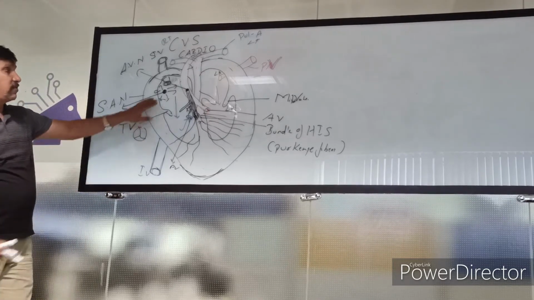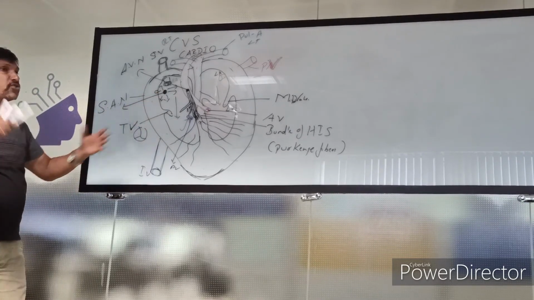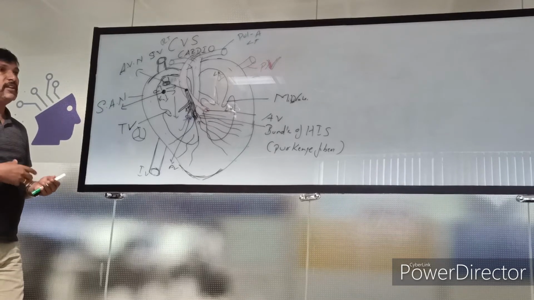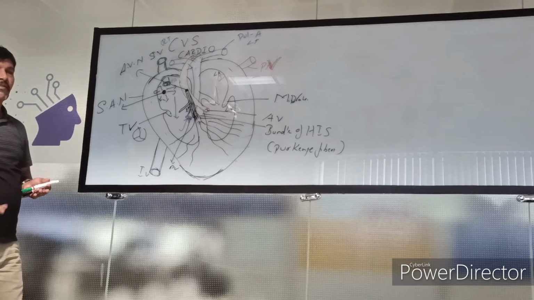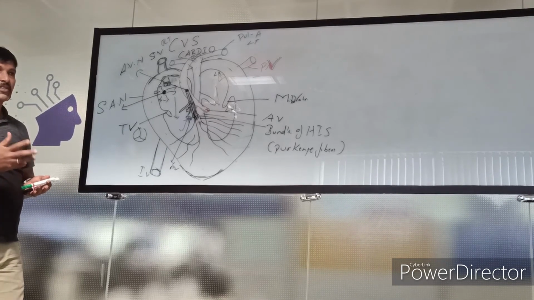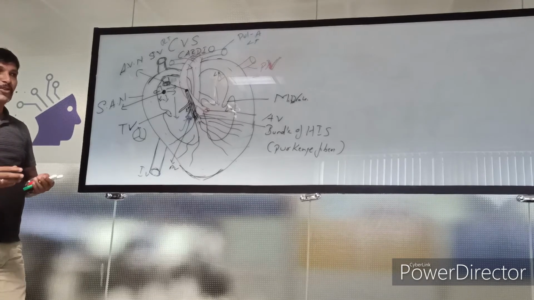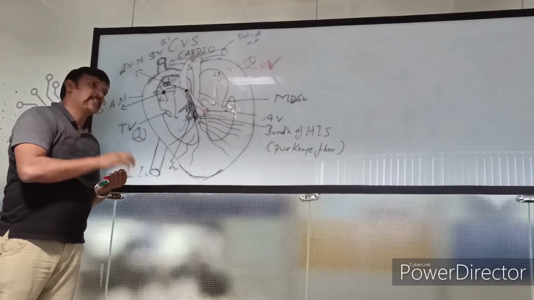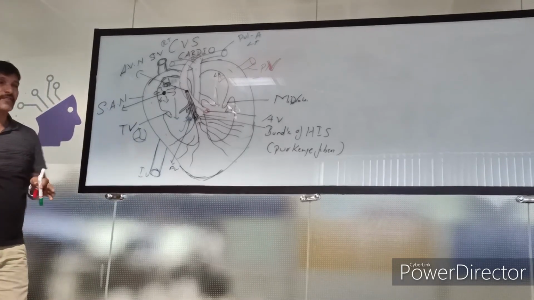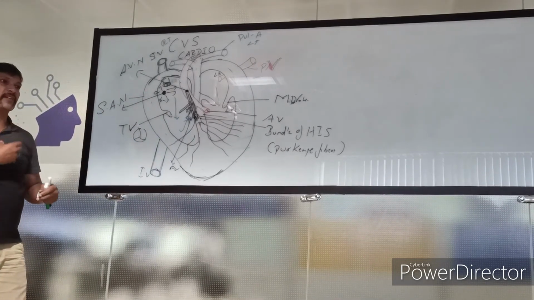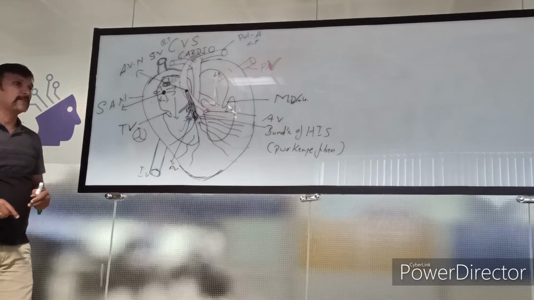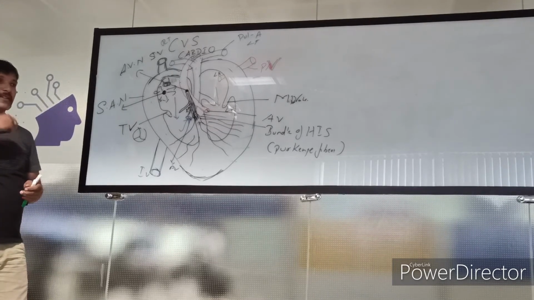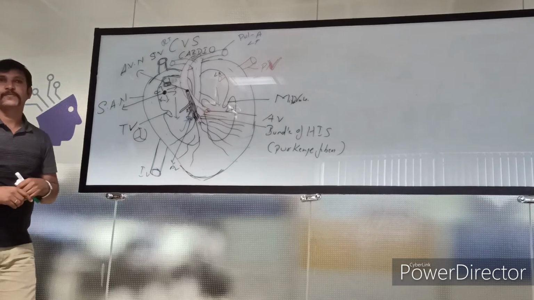Okay? Sometimes when this node does not generate any electric impulse, then we have a problem. That is known as heart block. Don't imagine that block. I'll talk about heart block, heart attack, cardiac arrest, heart failure. All this is the difference. That is where they put a battery kind of impulse in there. That is known as a pacemaker. Have you heard of some surgeries? They put a pacemaker. This is a pacemaker.